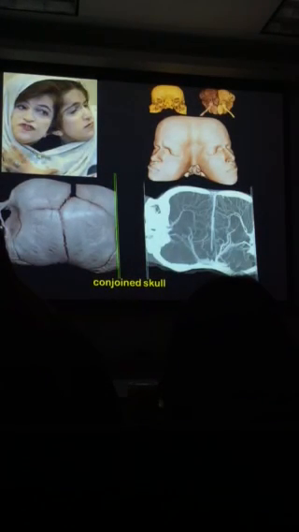This is a conjoined skull. These are two sisters that lived to their late 30s or early 40s in India. And they actually tried to separate them. They thought they could go in and separate them. So this is their 3D CT scan, looking down from the top of their skull. And this is looking at the brain inside. They shared too many structures in the brain that they weren't allowed to actually